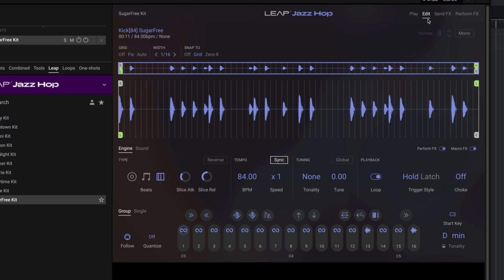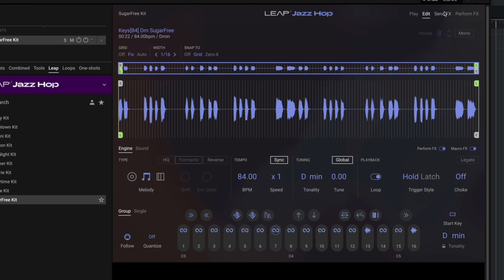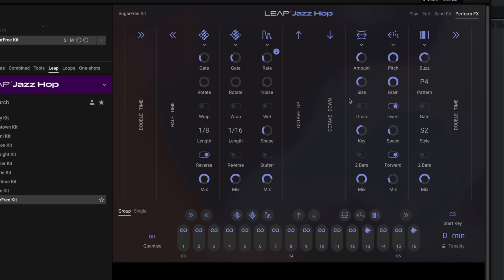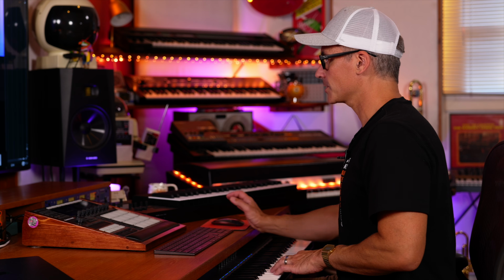that open up different things like the editor for whatever sample you're clicked on, and send effects, and then perform effects, which are these fancy little icons that they've got above the keys. They're actually on all the black keys, and those ones are going to do stuff to your sample. So if I'm playing